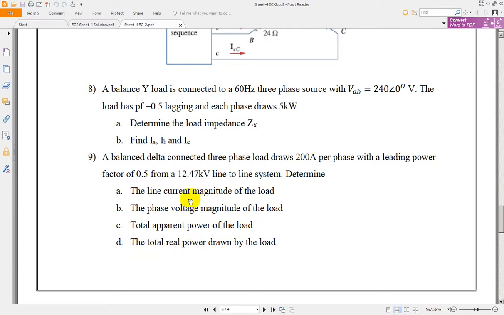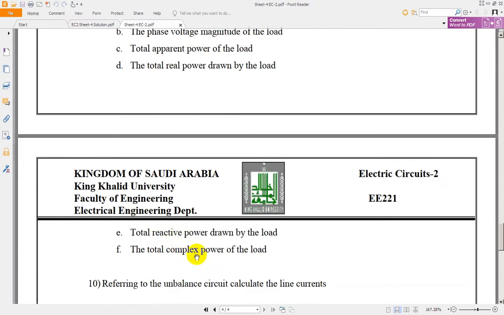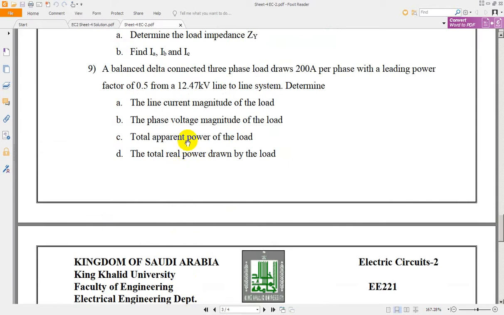These problems will be helpful for you. This complete unit, most of what we have studied today, will be applicable in your power systems. When you are studying power systems, it will be helpful. All these formulas, total power, complex power, reactive power, real power, apparent power, phase voltage magnitude, line voltage magnitude, will be used in the subject called power systems and also in electrical machines. Applications of electrical circuits 1 and electrical circuits 2 are power systems and electrical machines.